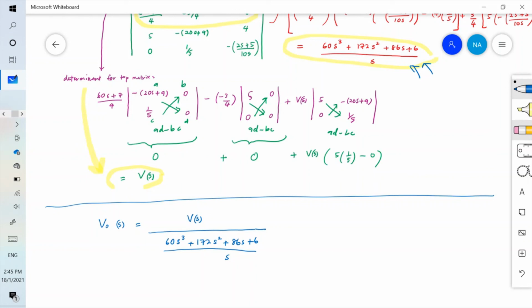V naught S equals Vs divided by 60 s cubed plus 172 s squared plus 86 s plus 6